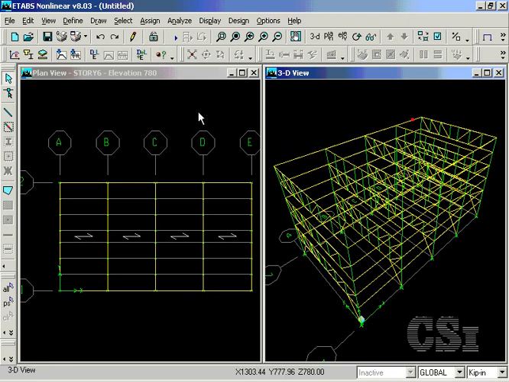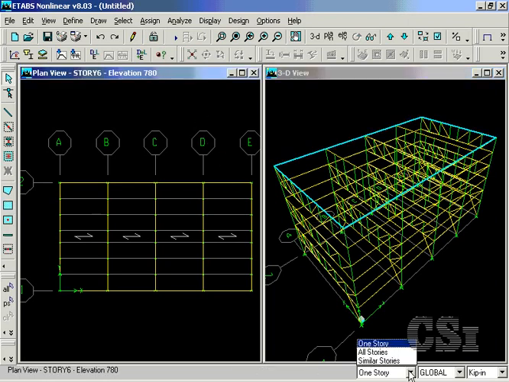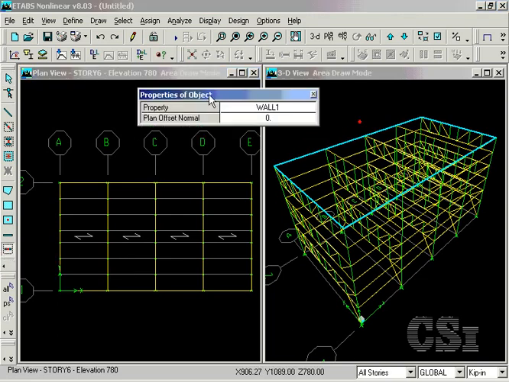Next, make the plan view active and select all stories. Click on the Create Walls and Region button to add non-structural